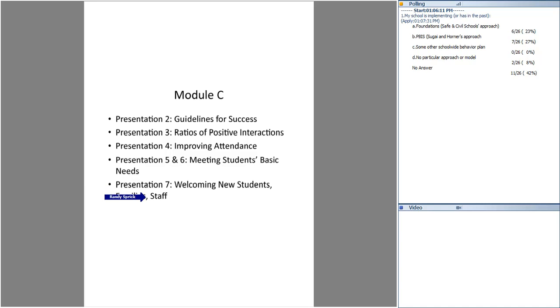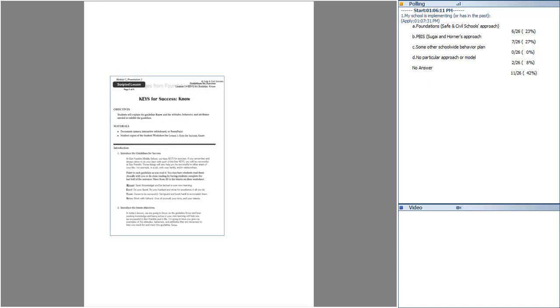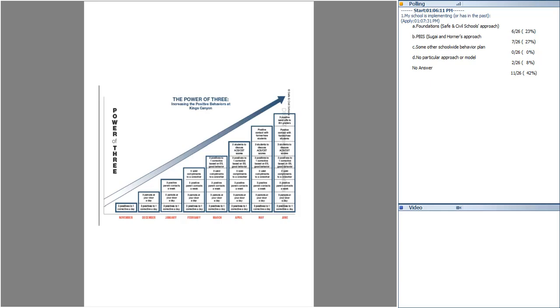So I'll just show you a couple of quick examples of some of the types of things that are in revised Foundations. One is there's sample lessons on guidelines for success. Another is, this is an example from one of the Fresno schools that we've had the privilege of working with. This is November,